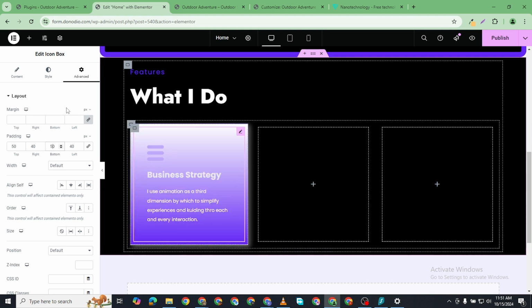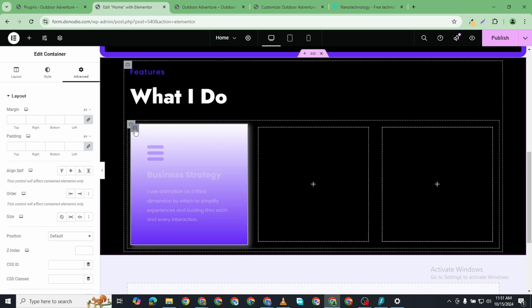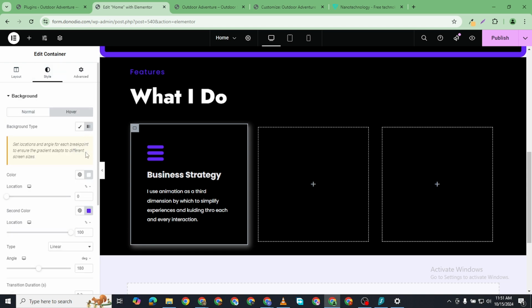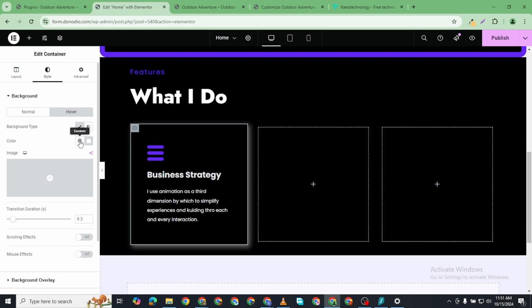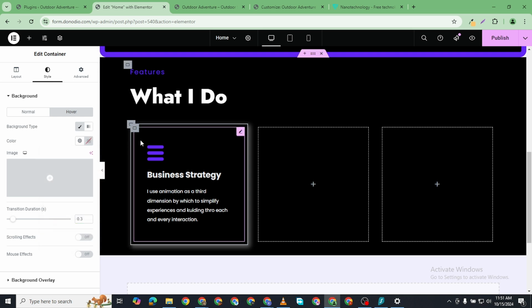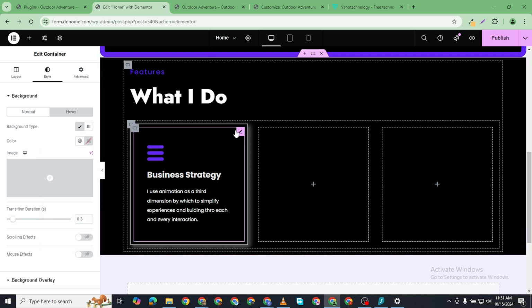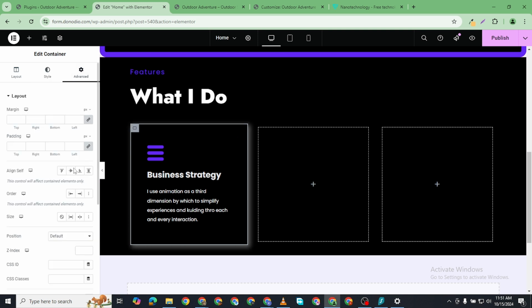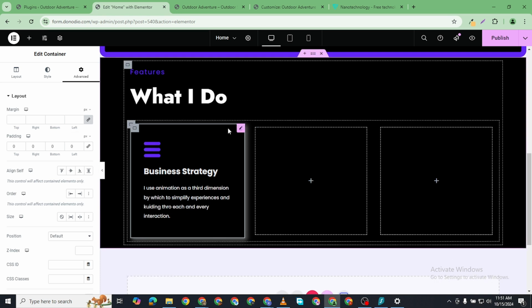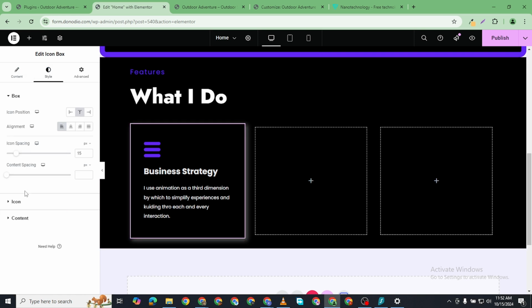So now I'm going to remove this hover color for the background. I'm just going to reset this color. I'll reset this. So now I want to give the hover effect too. Let me first of all toggle off the padding here. I've toggled off the padding. So I want to give the hover effect to this icon box instead. So I'll come to style,